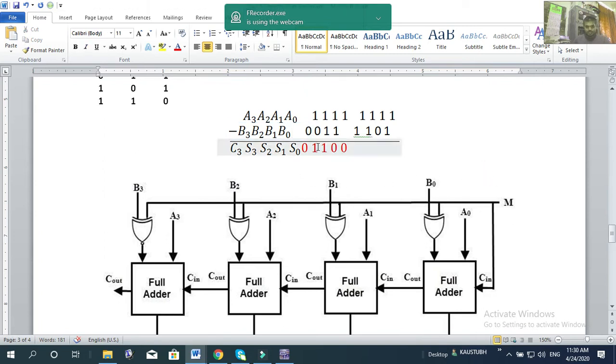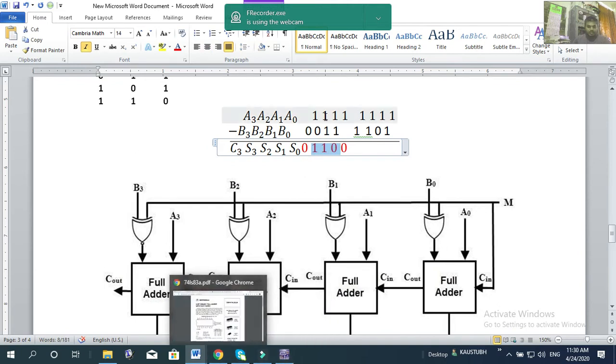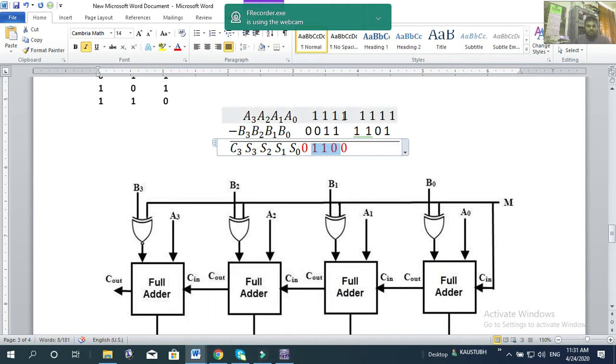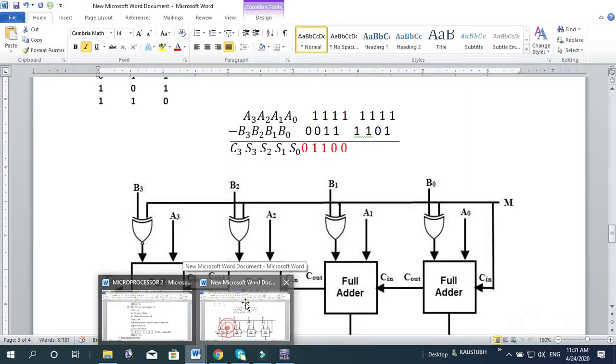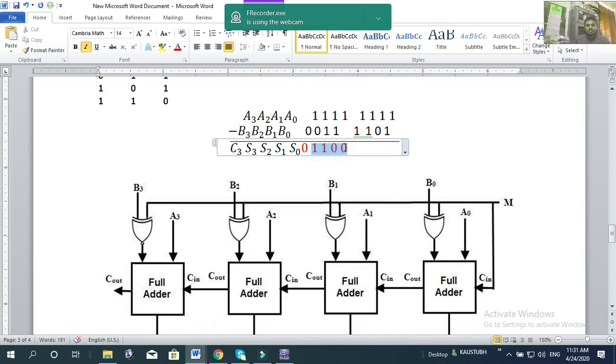Okay. So this will be your result after subtraction. The original number is 1 1 1 1, that is your 15, and 0 0 0 1 is your 3. So 15 minus 3 is 12. Now let's see. The bit position will remain the same, but this will be your 1. Once I make it 1, you see 1 1 1 0 0. As you see, the result is 1 1 0 0,